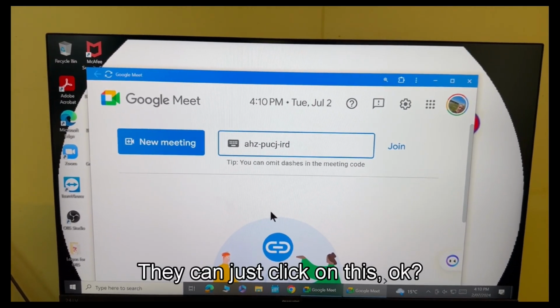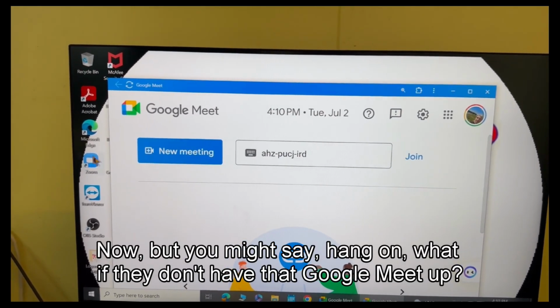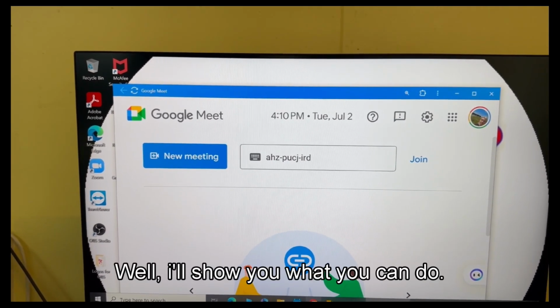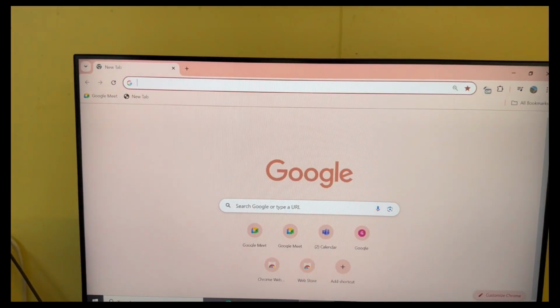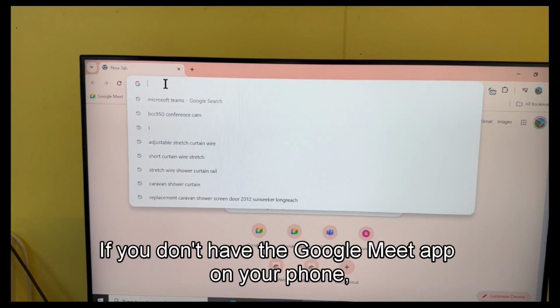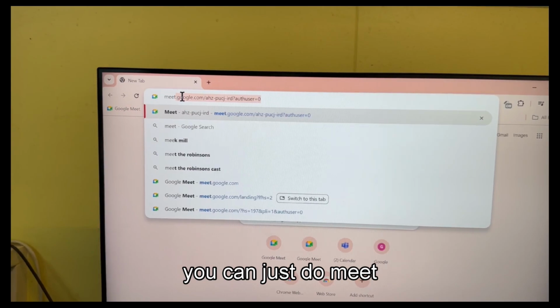They can just click on this, okay? Now, but you might say, hang on, what if they don't have that Google Meet app? What if they've just got a computer? Well, I'll show you what you can do. Just go to your computer browser and you can do it on your phone too. If you don't have the Google Meet app on your phone, you can just do